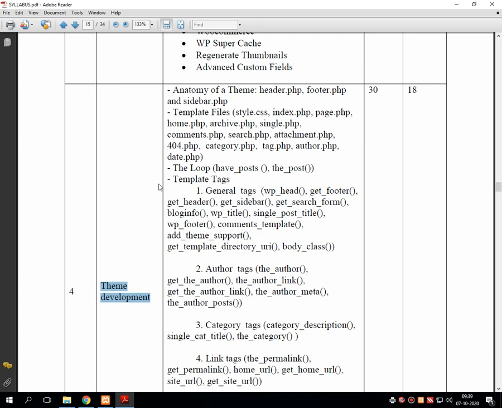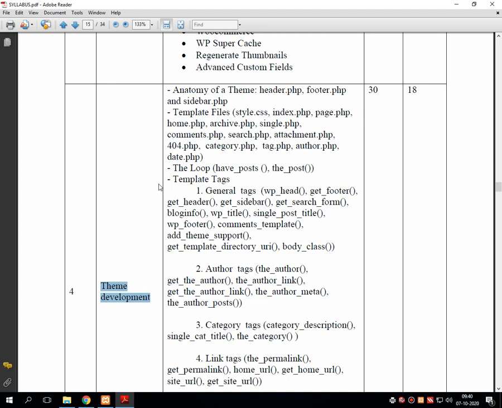So now let's start with the first topic, that is anatomy of the theme. Before starting the detailed discussion about anatomy of the themes, the word anatomy should be clear to all of us. What is anatomy? Anatomy is actually a medical word, which means the internals of the body.